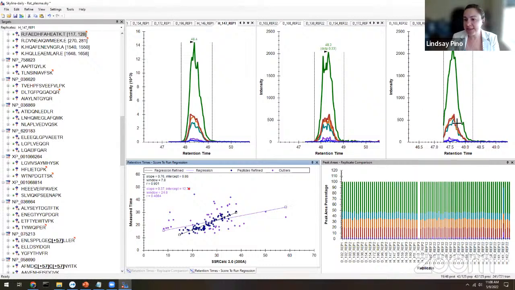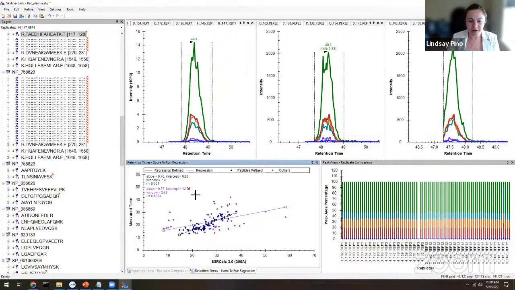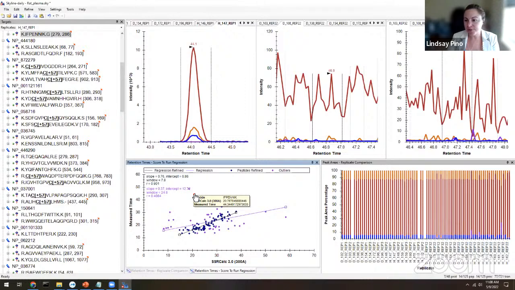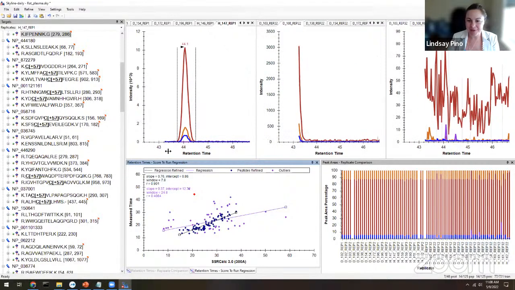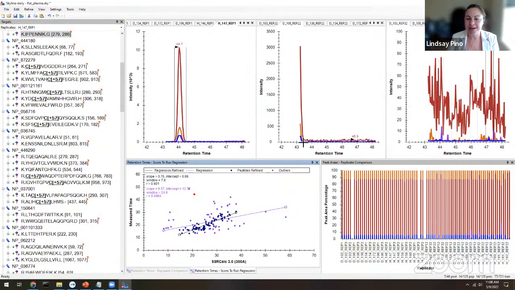You'll see some examples here: if you click on some of these points, it'll bring you right to where the peptide is or where the peptide should be. So this is another example of curating your data. Here, on this particular peptide, IFPENNIK, you can see in this middle graph that this peptide got truncated. This would be another example where I would manually want to curate this peptide and take everything